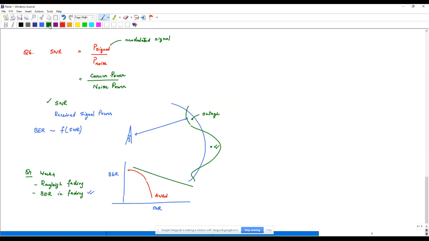AWGN channel. This is a fading channel, a wireless channel. Now, why is this? Why do we get a straight line? Why is it that it doesn't fall as steeply as AWGN? These insights we can get only if we are able to derive the results that we have been studying